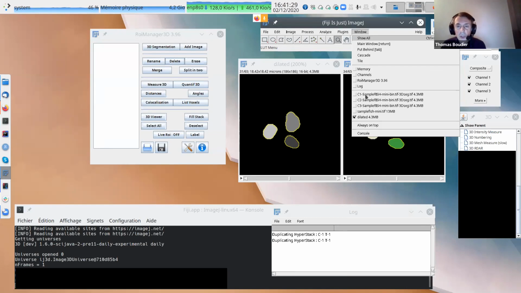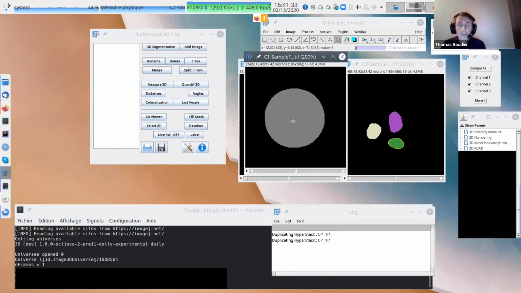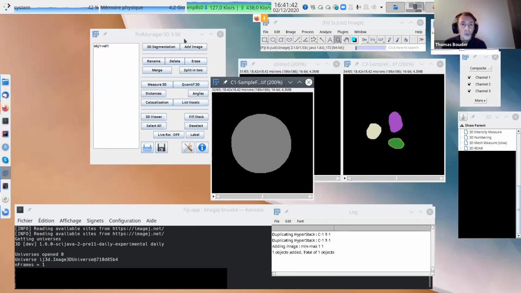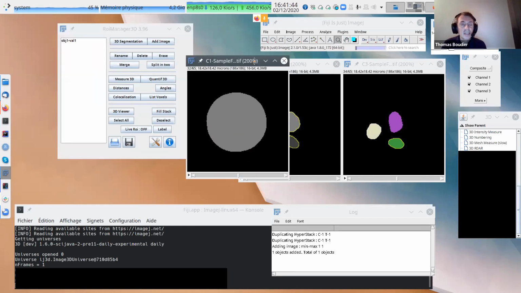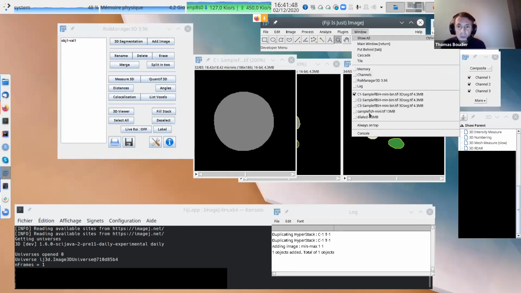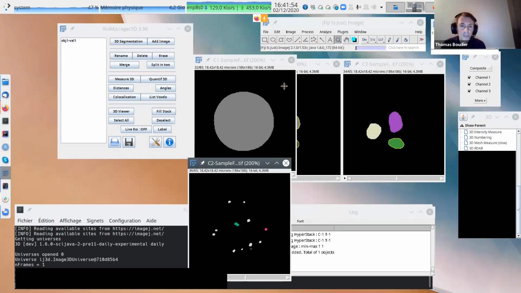So I want the object to be this. My object is this, the C1, add image. Just one object, very simple. And then I want to do the quantification inside this object, but what do I want to quantify? I want to quantify this C2.